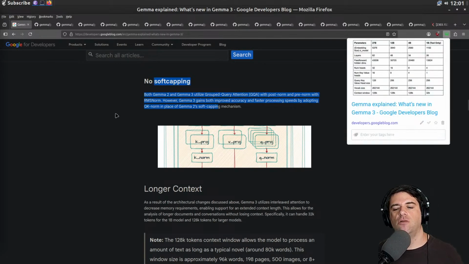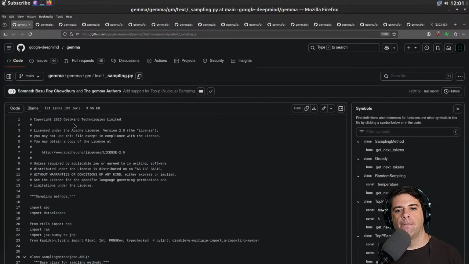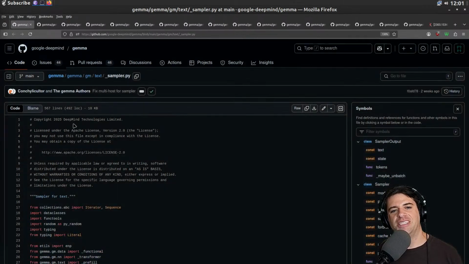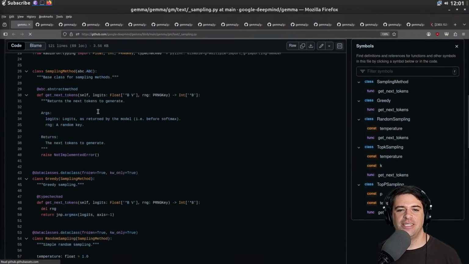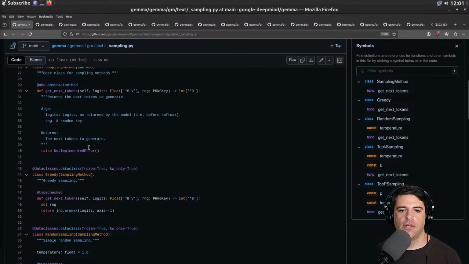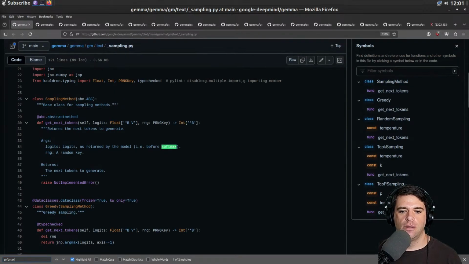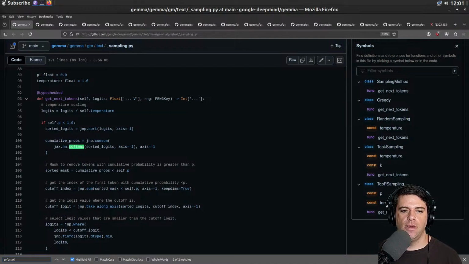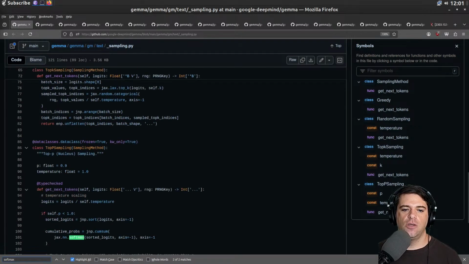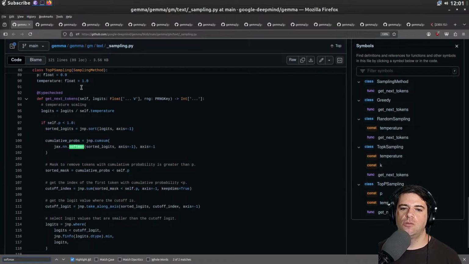Okay, so I'll read all of this later. But the code looks more or less the same. Here's text sampling. Maybe this is where the softmax stuff would be. Maybe, yeah. So get next tokens is going to, so we're going to pass in logits,